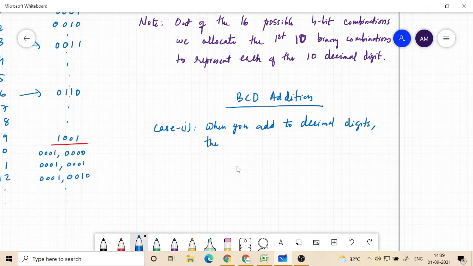The result is less than, say, 10. Here 10 means to the base 10 I am talking. So when you add two decimal digits, it could be 1, 2, 3, 4, 5, 6, any of these digits, but when you add these two such digits, you have a result which is less than 10. So that means it is a single digit that you will get as an answer in decimal form.